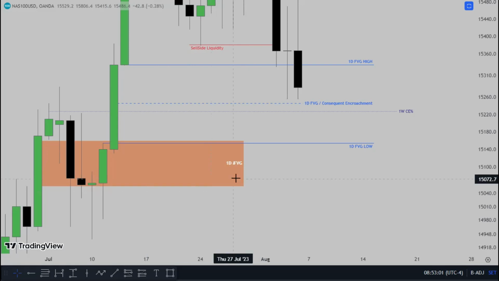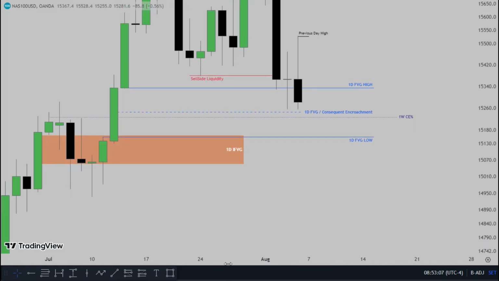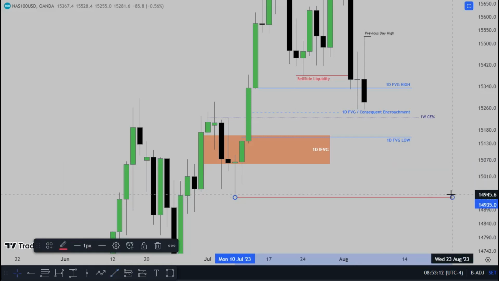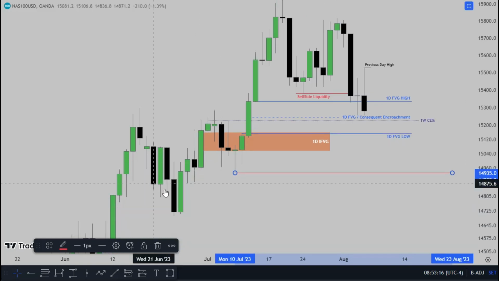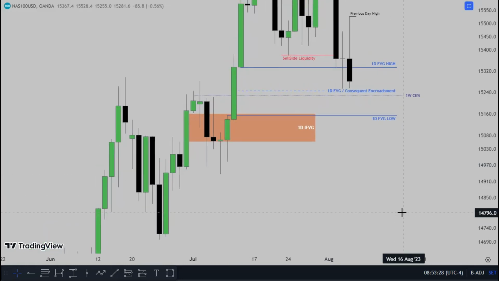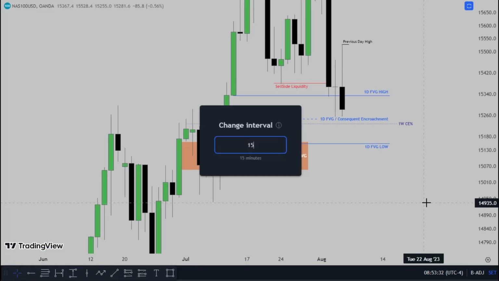So if price manages to violate or close below this implied fair value gap, I'll look to see if sell side will support price moving bullish, because we have an order block just below it, and if not, this one right here. So I'll be turning bearish to target the short-term draw on liquidity or retracements, if that makes any sense. So now, going into the 15-minute time frame,